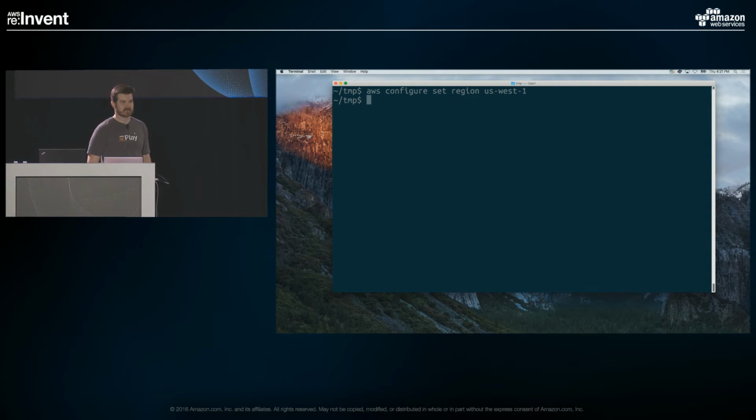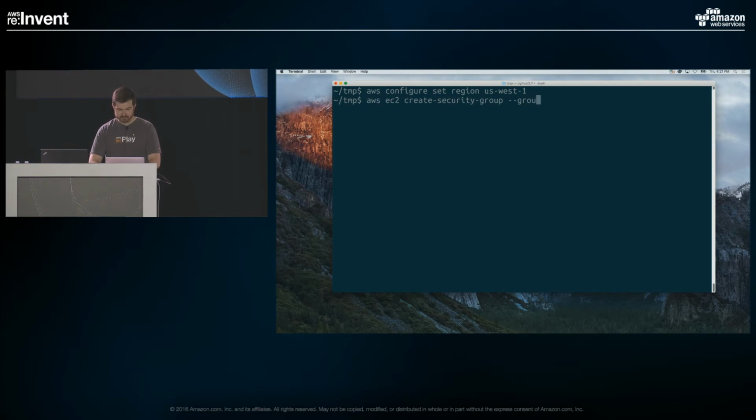And let's say this was a Friday, and you tended to the resources, but you never got back to actually creating a security group. So you come back into the office on Monday, and you get right back to it. If you didn't remember to set your region to US West 2 now, and go ahead and type the EC2 create security group command